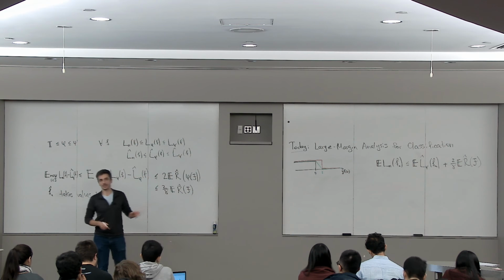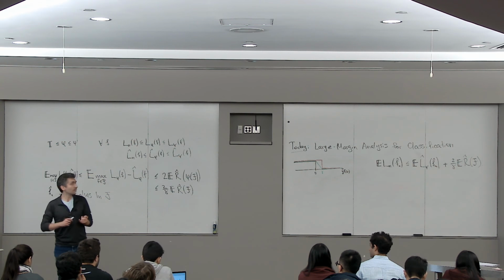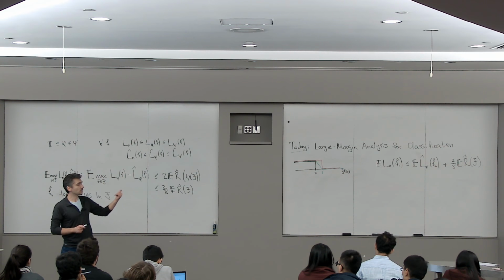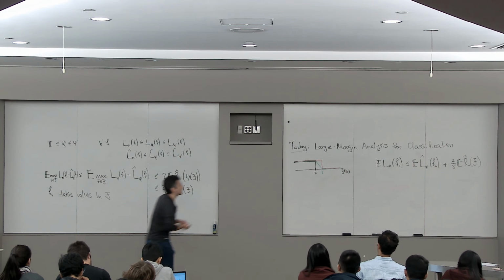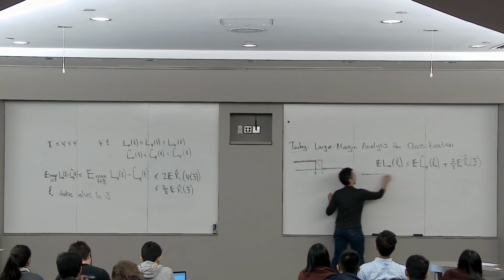So there are a couple of things that I swept under the carpet. One thing that I swept under the carpet is you can get this result in high probability, just as you do in the homework. In high probability, everything works. So in high probability over the draw of the data, right? So why is that nice? Because then the statement is like this. So a high probability statement